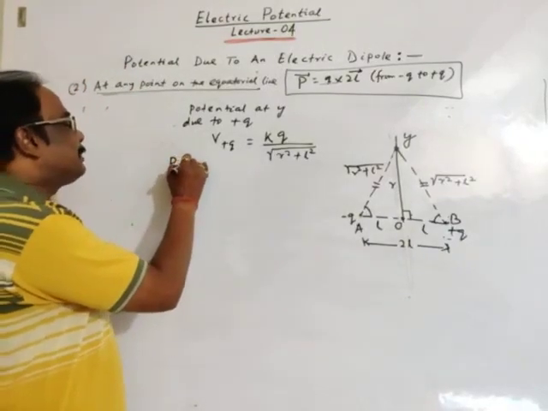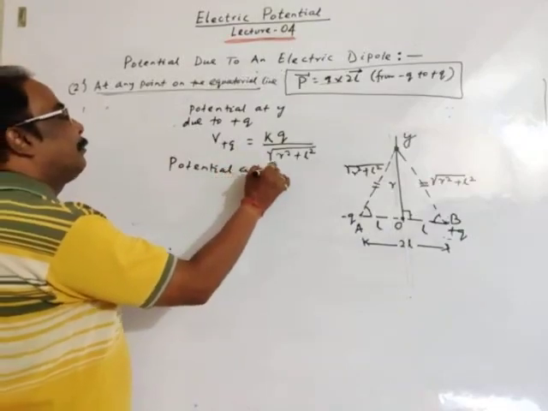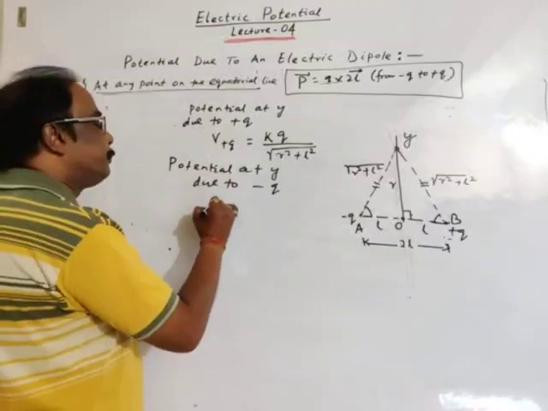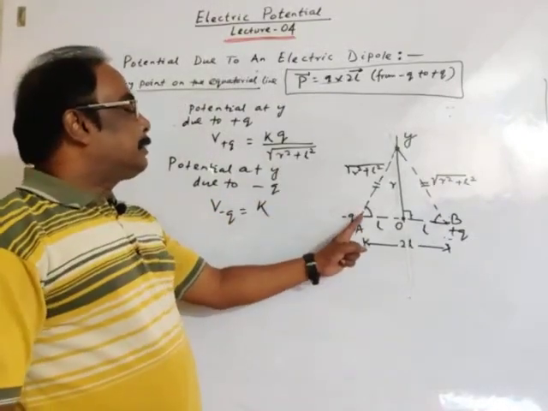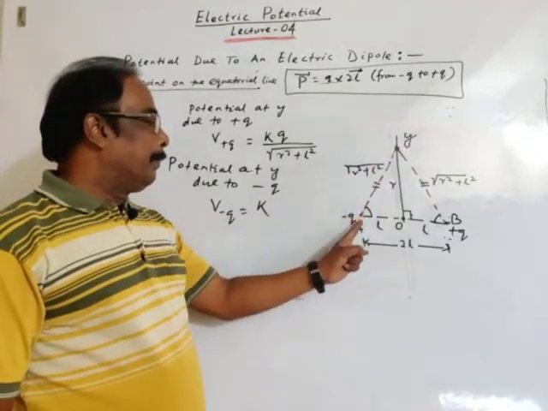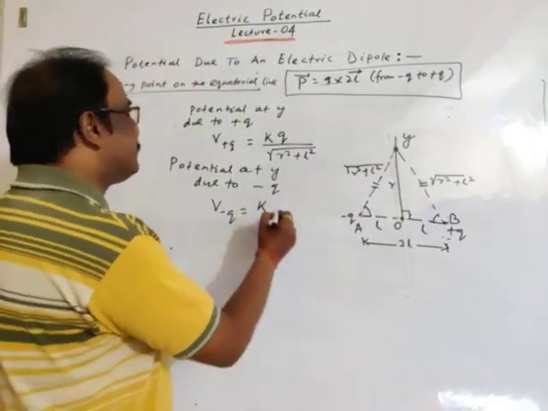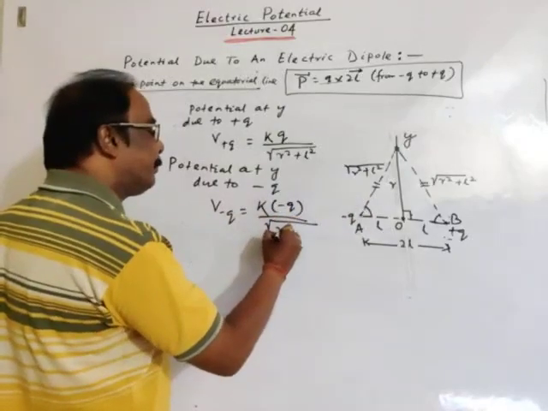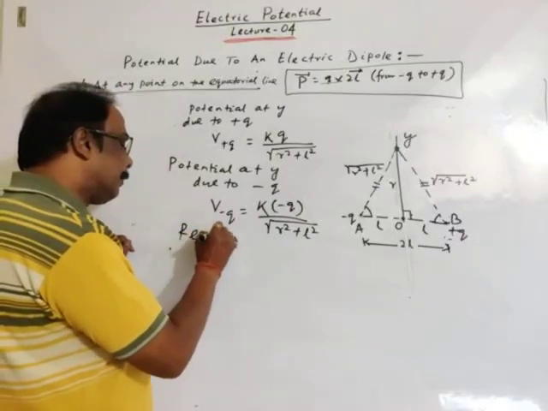Similarly, potential at Y due to minus q. So potential due to minus q is k times minus q. Distance from minus q to Y is square root of r square plus l square. Again the distance is same. So k times minus q divided by the distance, square root of r square plus l square, and the resulting potential